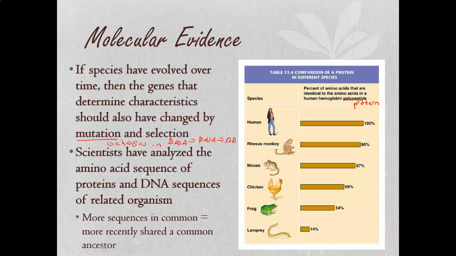And so what this tells us is that over time, we know mutations accumulate. We know that there's sort of a background mutation rate that occurs. And so we can use this kind of like a molecular clock and be able to look at how many changes have occurred over time. The more differences that have accumulated, the more time that has